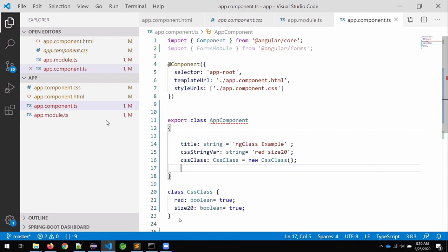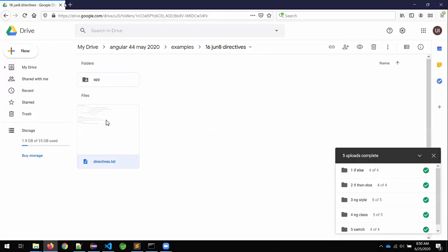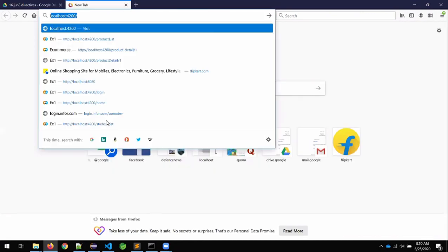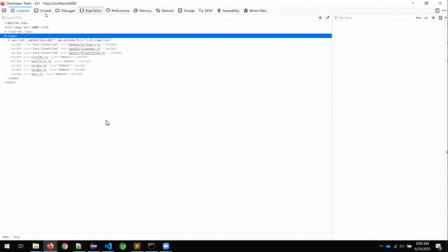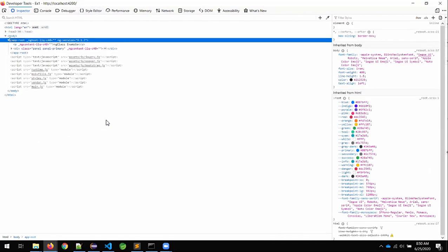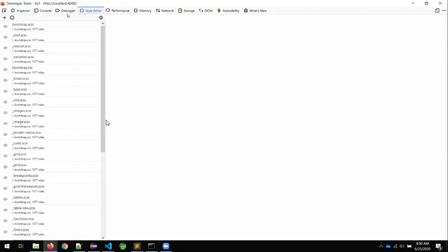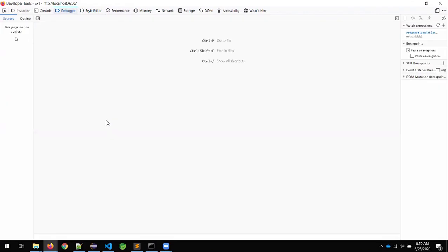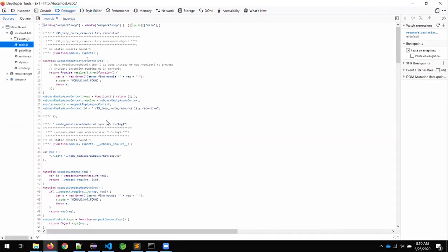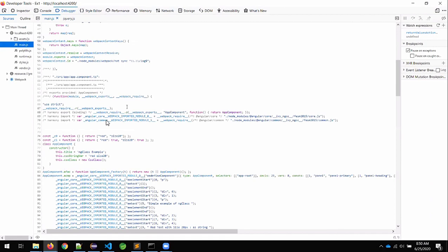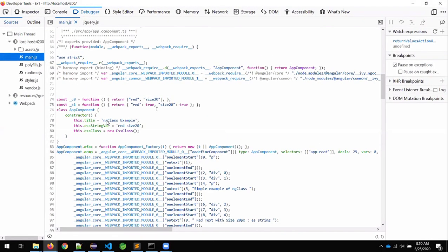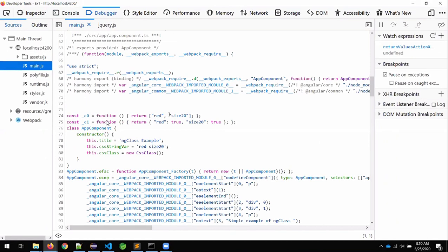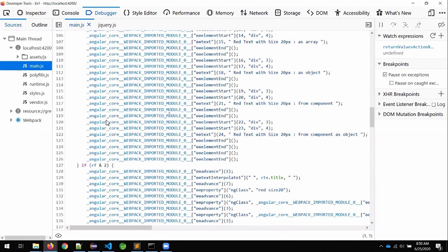For understanding purposes, let me show you. localhost colon 4200, F12, debugger. Is this code easy to understand?